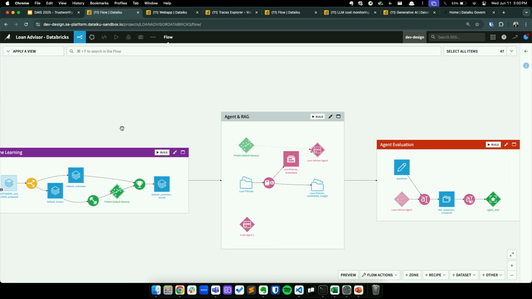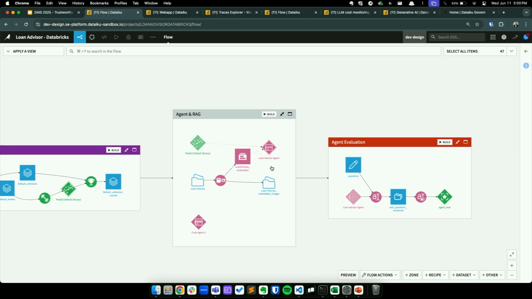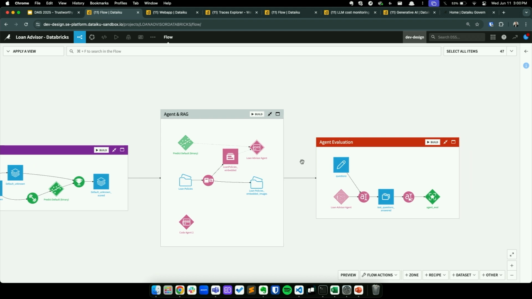We've also built an agent that has access to that predictive model along with some underlying data sets that's powered by a Genie space and has access to some corporate policy documents that we'll shortly show you how you can use a RAG process around. And we're also doing continuous monitoring of this agentic use case all throughout this project, and all without writing a single line of code. It's all fully visually built.